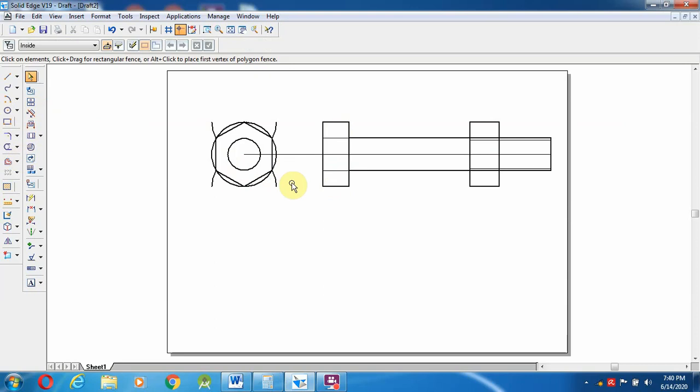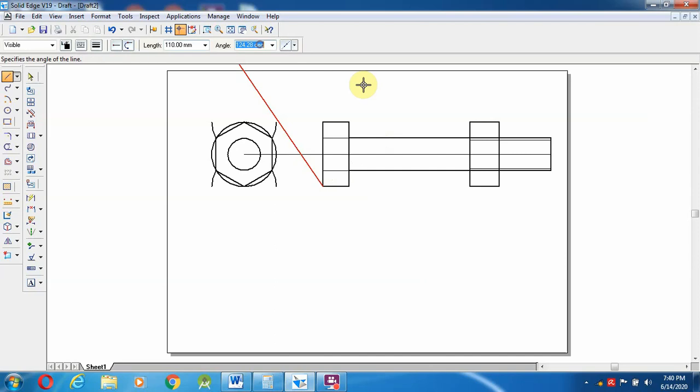For doing that, I am going to select a line either from this corner or the top. From here I am going to make a 30-degree line, stopping wherever it cuts the axis, exactly at that particular line.